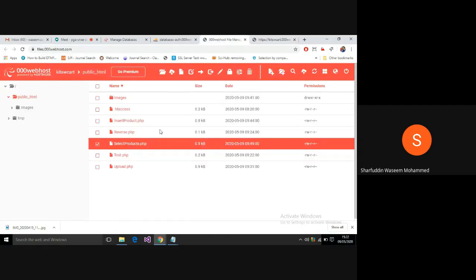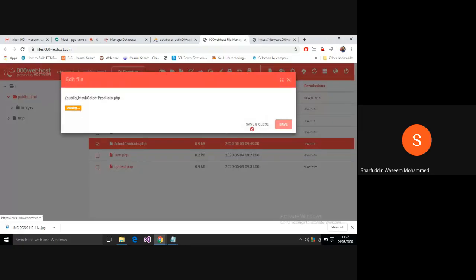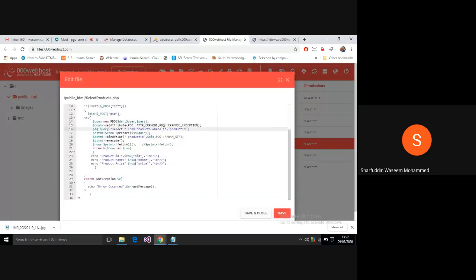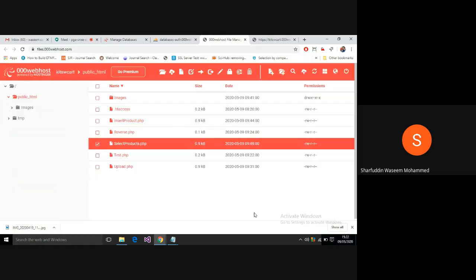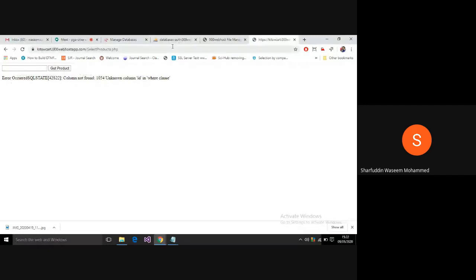Okay, so again there is a problem because this is not ID, this is PID in the where clause in the select query. So again reload the program, then it is 2, then get the product. So product 2 was pencil and the price was 2, and someone given product ID 5. So 5 was books 1. Do we have 1? Yeah, someone given it as book and price is 5.2.